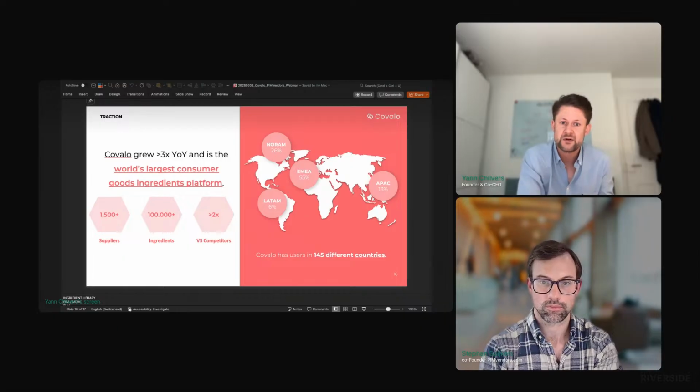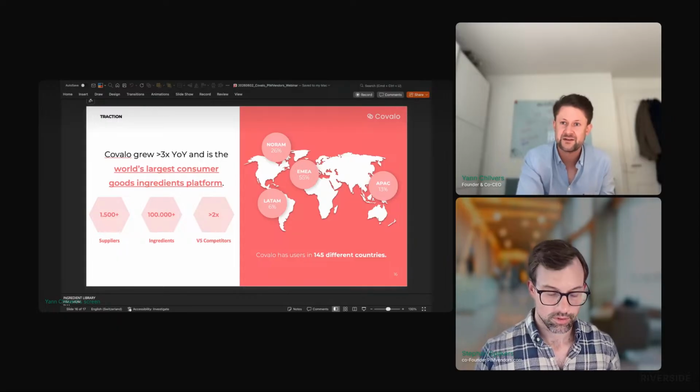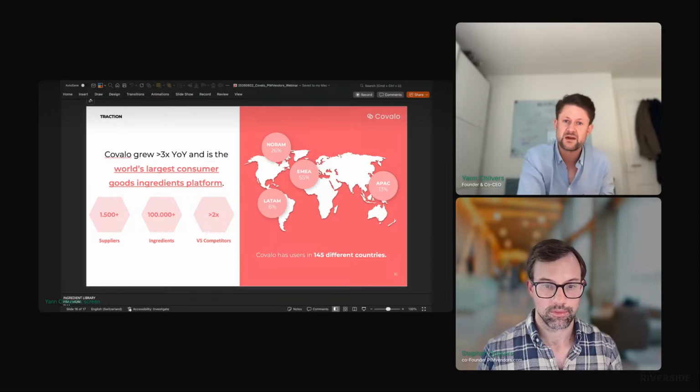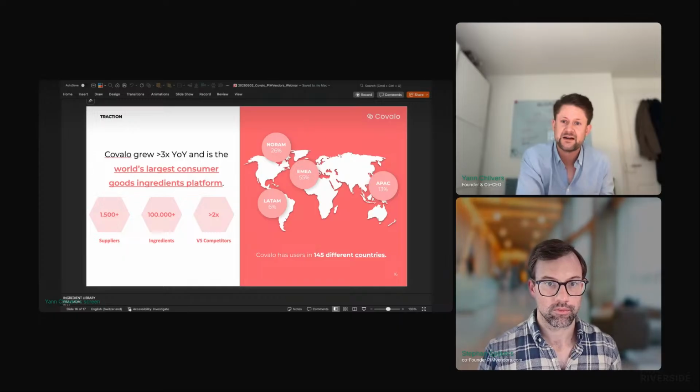We have a global coverage, so still very strong in Europe, but with users in more than 145 countries. And it is very central to us to not put anything in place that would hinder those network effects, hinder the data collection, hinder the usage. So that's why the marketplace itself is completely free to use for users, and also the listing of ingredients. And then what we will be monetizing is really more the advanced workflows and agentic layer moving forward.